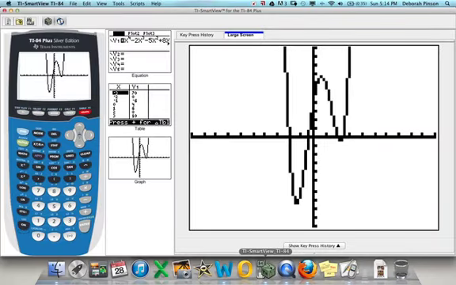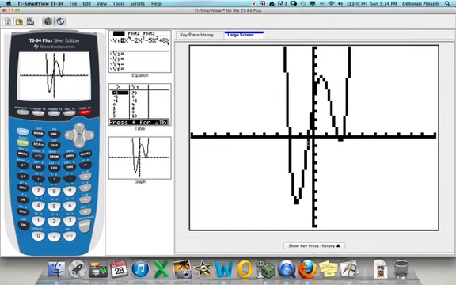Now I want you to look at this, and it crosses the x-axis 1, 2, 3, 4 times. Now it's an x to the 4th problem, so I should have 4 answers. It crosses the x-axis 4 times, which means none of those answers are imaginary. They're all real. However,